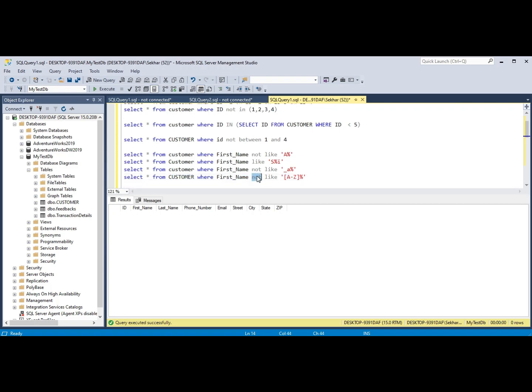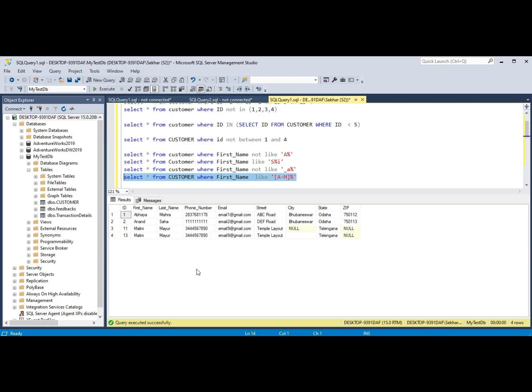Unless you want the range A to, let's say, M, you can write A to M and give that range.